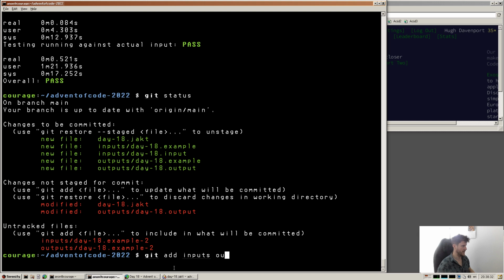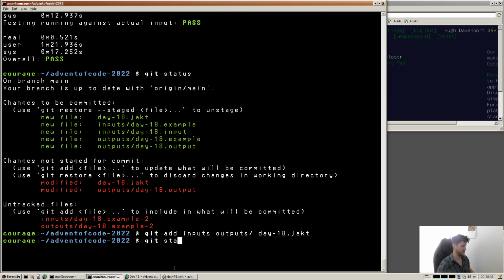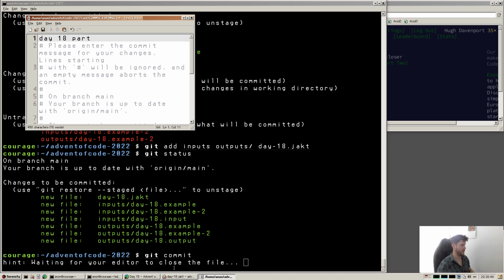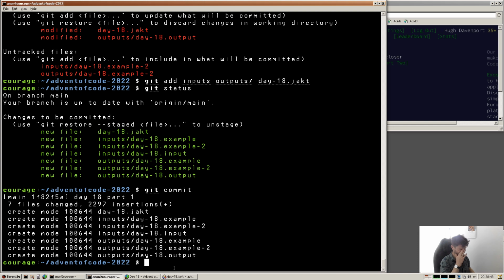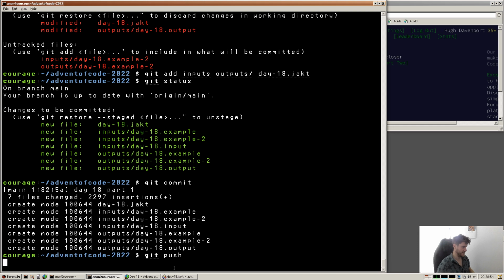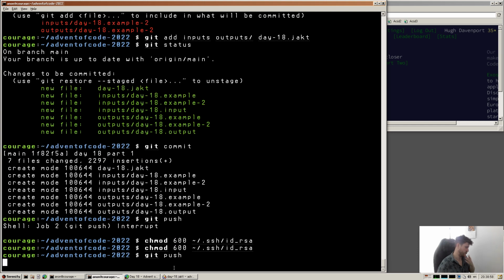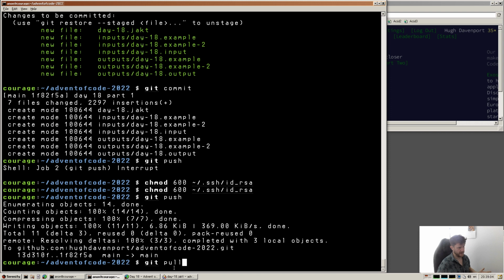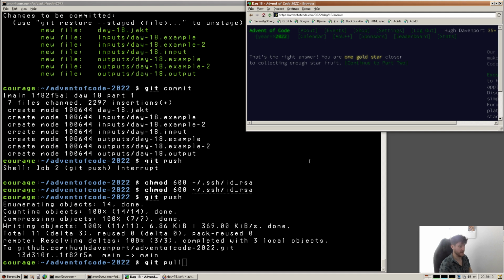Inputs, outputs, and day 18, and have a look at that again. And we'll commit that up. Day 18, part 1. Cool. It is good to get a quick win, I guess. Just after need a chmod that, then push. Probably need to pull and push. No, I don't think we do. But shortly after that push, we'll need to do a pull. Cool. So that is that. We'll do part 2 in a different video. See how that goes. For now,